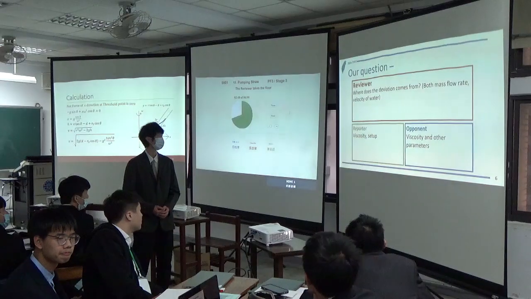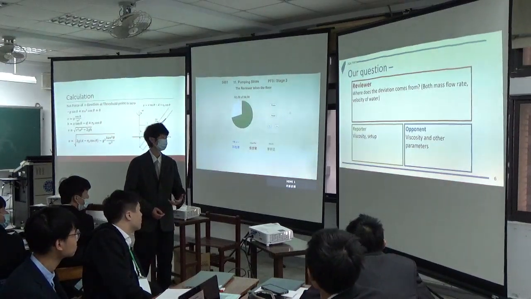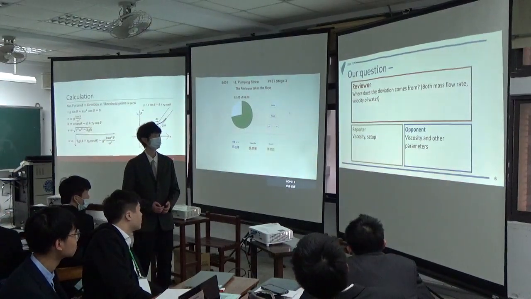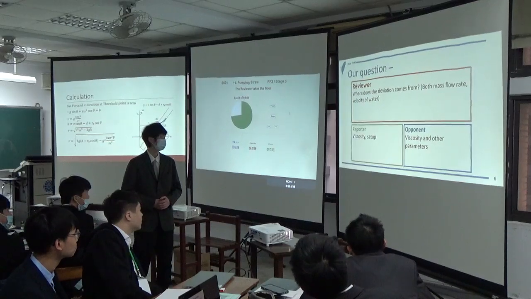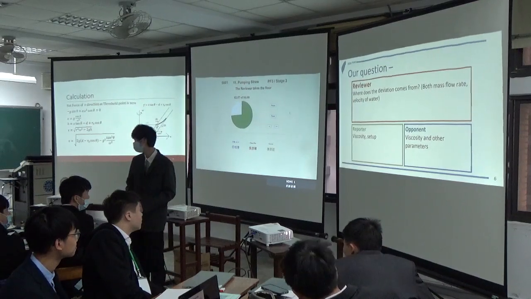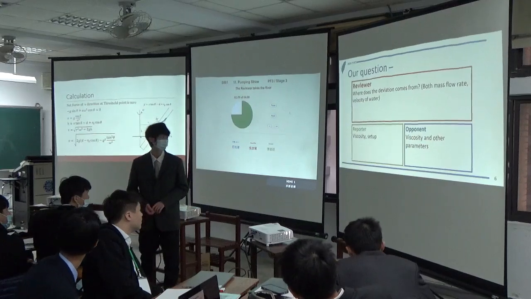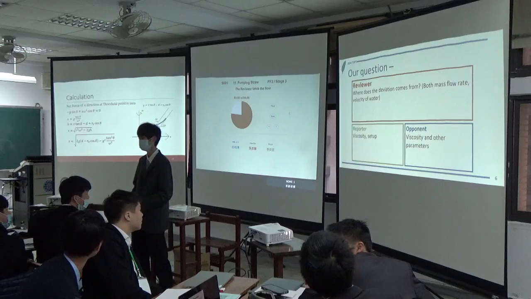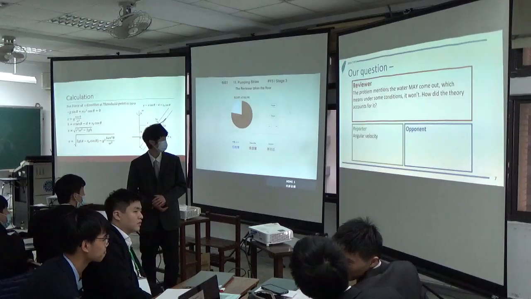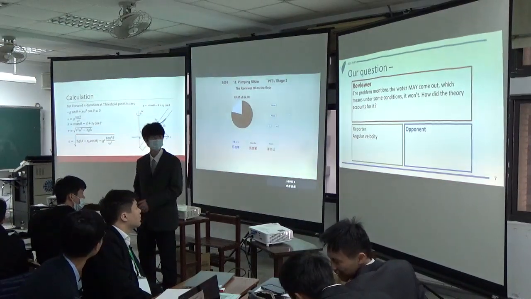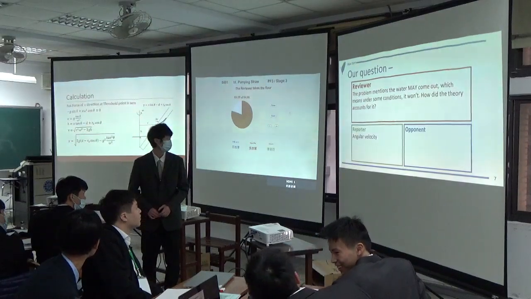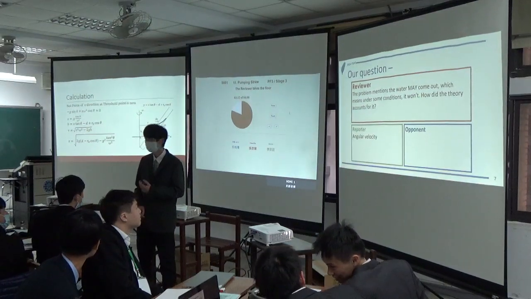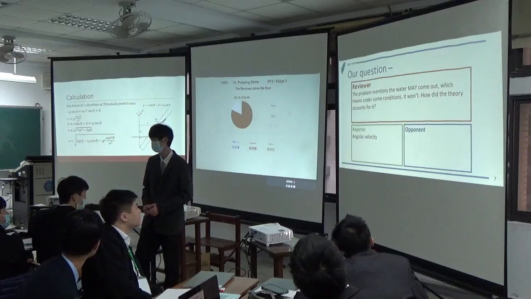As for our question, I will ask, where does the deviation come from? The reporter says it is the velocity of the setup, which is that formula. And the opponent says it is the velocity and other parameters. And for the problem mentioned, that the water may come out, so about the boundary conditions, the reporter takes out when the angular velocity is